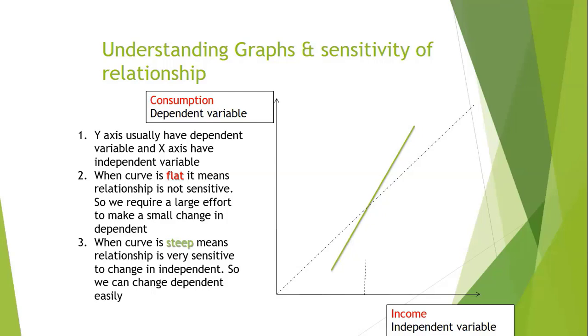Okay, so for example, we draw this case. We found out a small increase in income has a large increase in consumption, and it is larger than the dotted line case because its slope is more than 1. So that's why I made a dotted line. In the dotted line case, the slope is equal to 1. In this case, slope is greater than 1, and then the red case it was less than 1. So less increase in the independent variable gives.